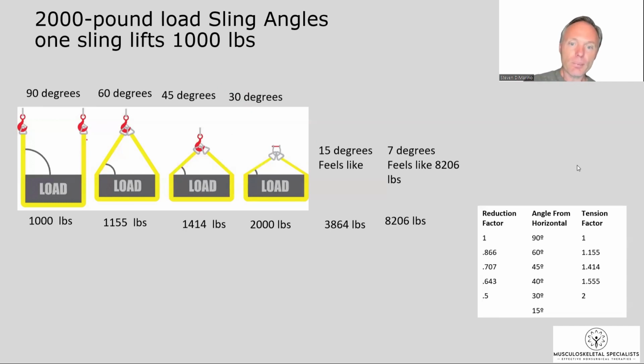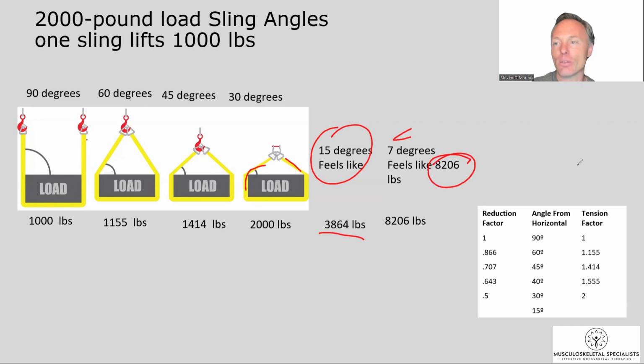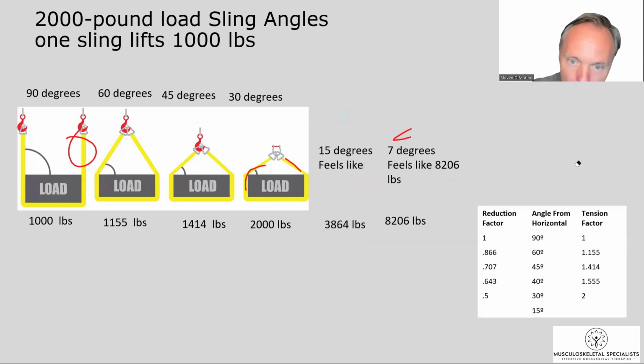Now I'm going to take this angle to 15 degrees. What is the force on the sling at 15 degrees? 3,800 pounds. And if I go even tighter, like to a 7 degree, now it's 8,000 pounds of force on that. We've way exceeded the capacity of this sling by bringing the angle in. So why in the world am I telling you this? Well, your erector spinae,